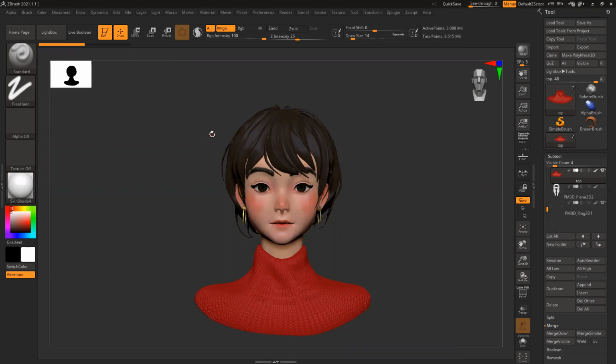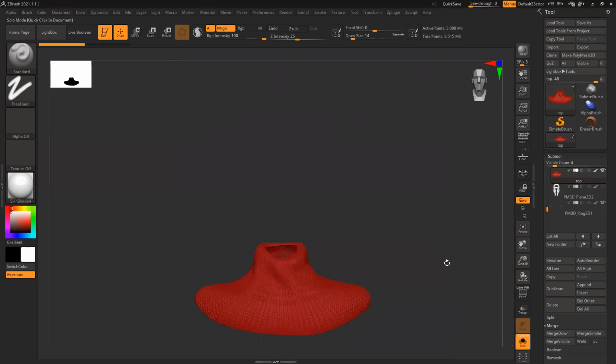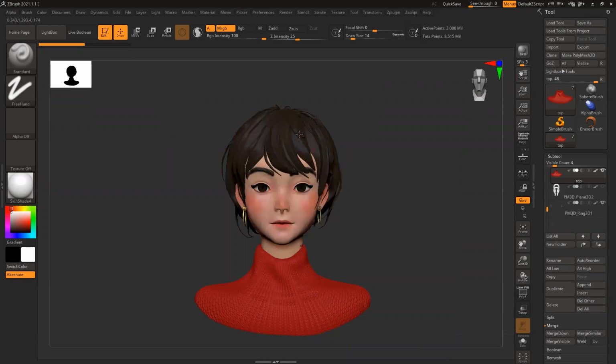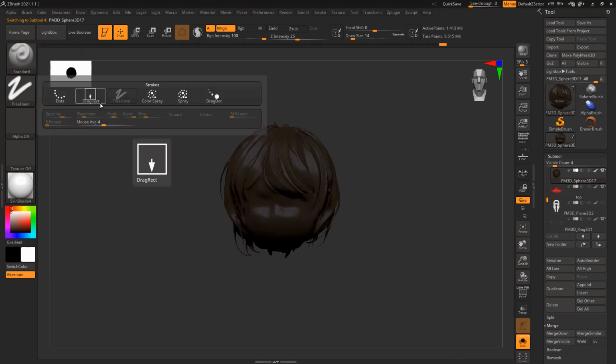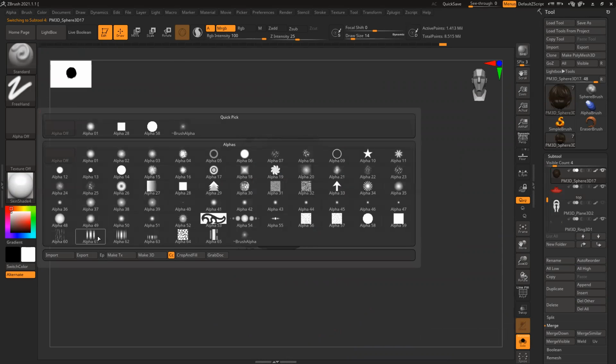Here, okay. Now for here, if I want, I can add more details to the hair. Standard brush, and then use any of these alphas.